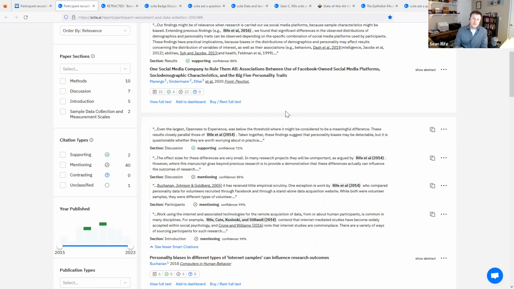And if you wanted a visual map of that, you could also take one of those key papers that you had identified with the search feature, one of the highly cited, highly contrasted, or highly supporting papers, and create that visualization. That would be a good way of doing it if you wanted a map like you were talking about. So hopefully that clarifies that. Yes. Yeah, thank you.